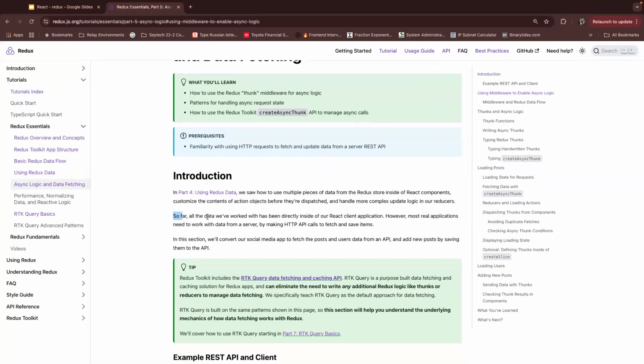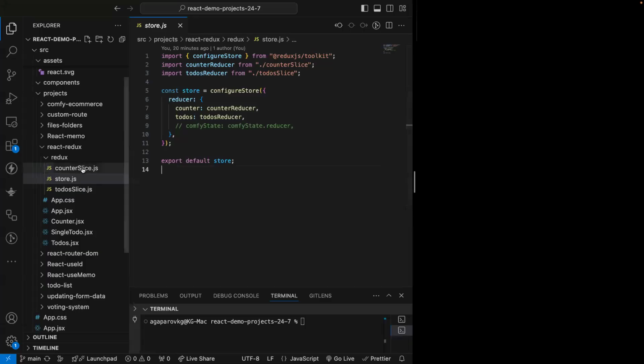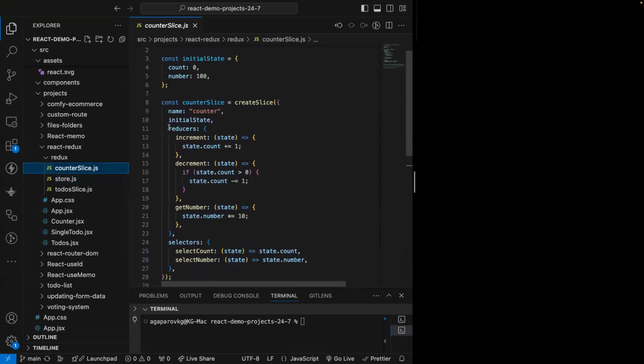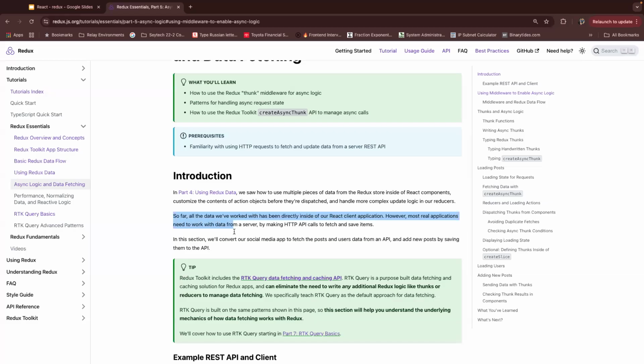Okay, so far, all the data we worked with has been directly inside of our React client application. We had data stored locally in our client application, and everything else was set up inside our reducers. And we have never had any situation where we had to do some API calls. However, most real applications need to work with data from a server by making HTTP API calls to fetch and